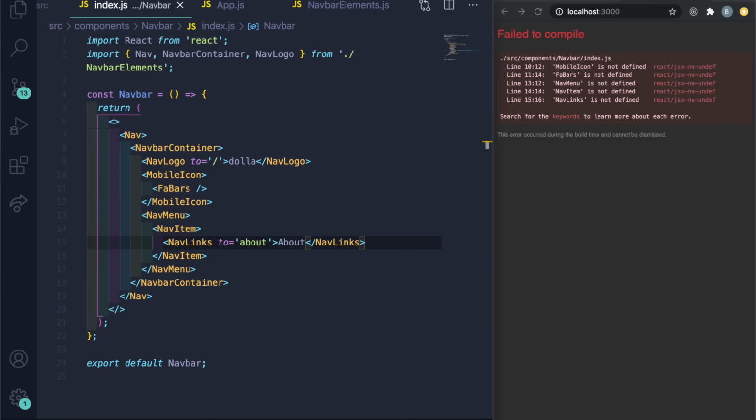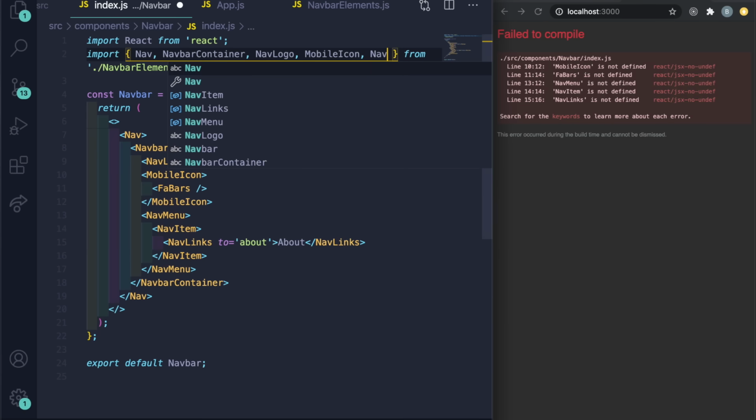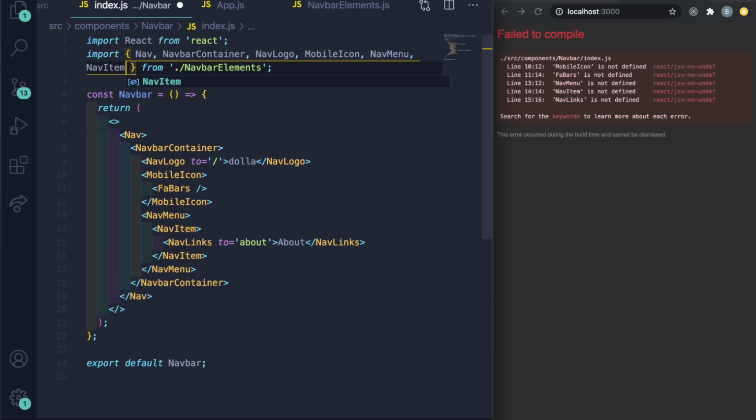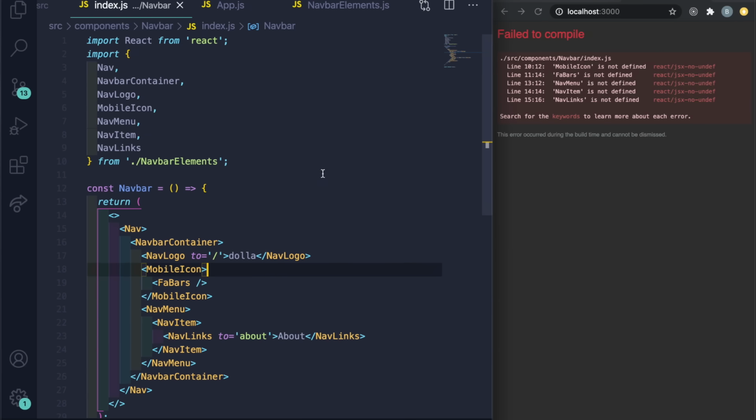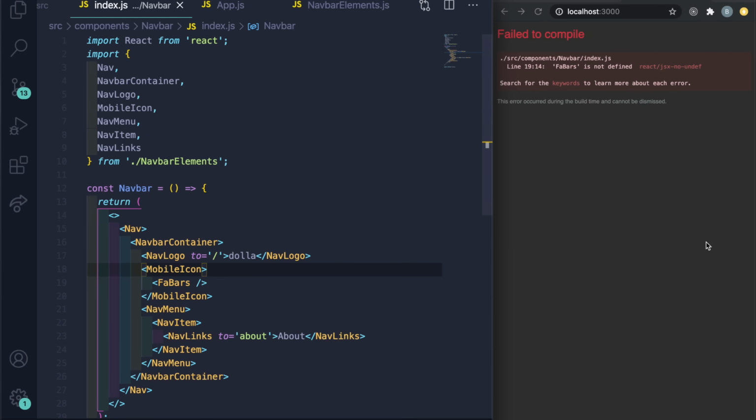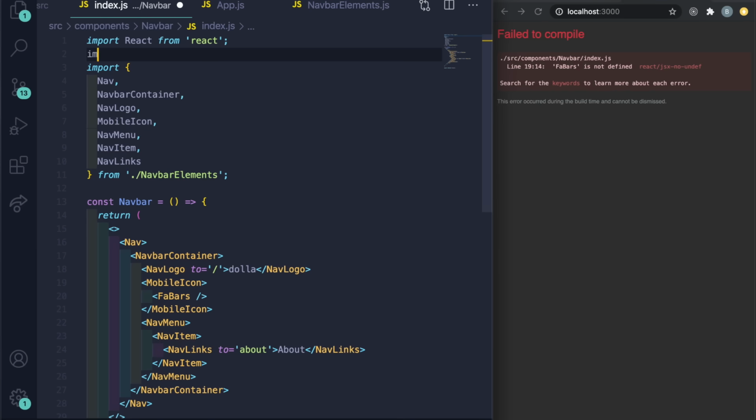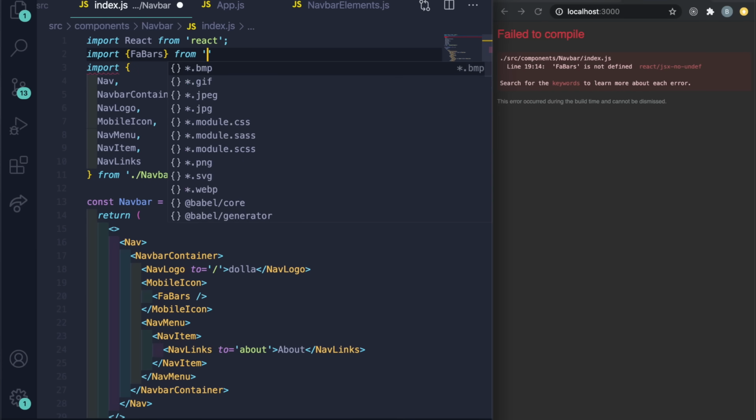And then let's import these at the top first. So let's see, we got MobileIcon. FaBars is not an actual styled component, it's just an icon, so I didn't have to import it there. Let's do NavMenu, NavItem, NavLinks. Now we're going to have an error because FaBars is going to be not defined, and the reason is because it's actually a React icon. So let's go under React here at the top. I'm going to say import, curly brace, FaBars from